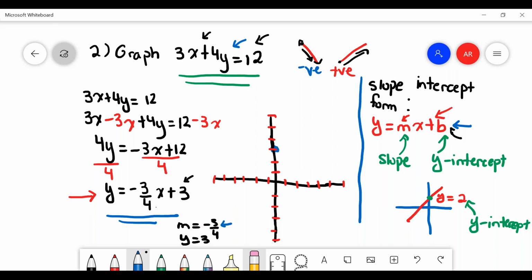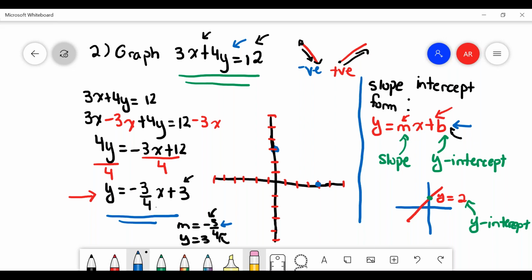We're going to be thinking of the change in y divided by the change in x. And as you can see, I said slope was the change in y over the change in x. That's the case with this question. -3 is the change in y, and +4 is the change in x. So we're going to be plotting that right now. Change in y is -3. So from the y-intercept, this blue line here that we have plotted, I'm going to go down 3 units, because keep in mind there is a -3 there. Going down 3 units, 1, 2, 3, I've landed at the origin, and we're going to go right 4 units, 1, 2, 3, 4. And that's just plotting it